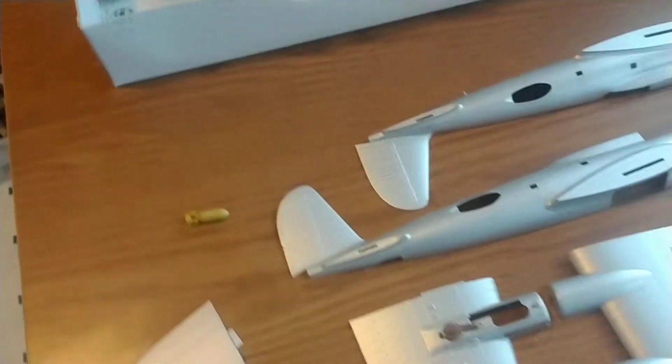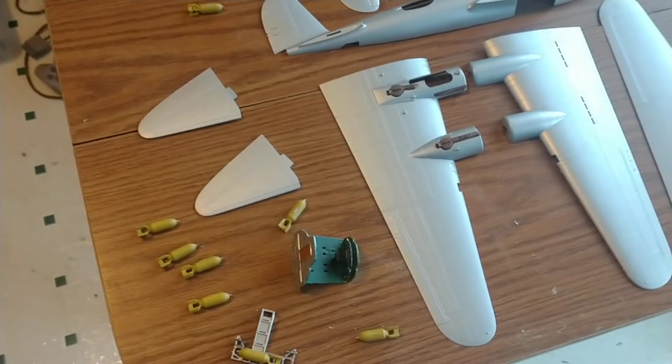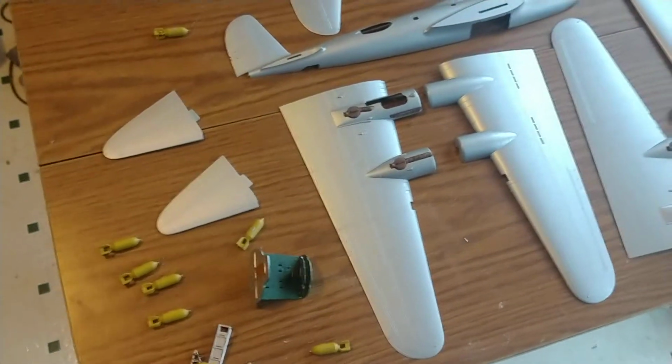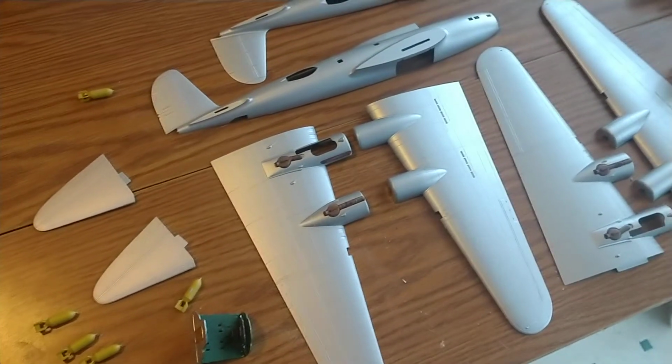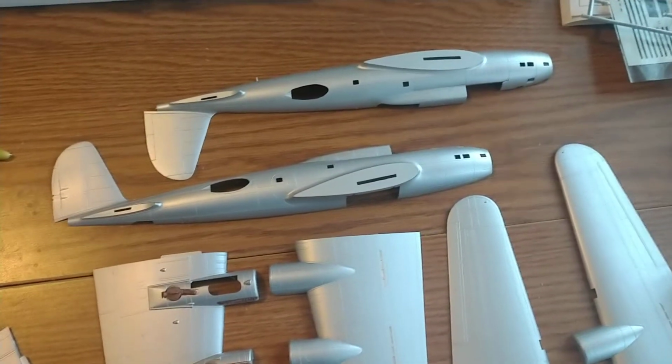But yeah, so I'm gonna take a break from the Memphis Belle because it's kind of frustrating me a little bit. It's my own fault. It's not the kit's fault. But so I'm gonna get this shark tail B-17C built, and